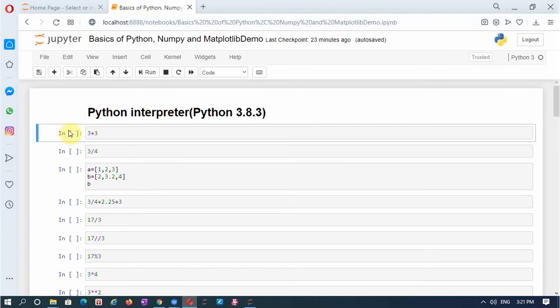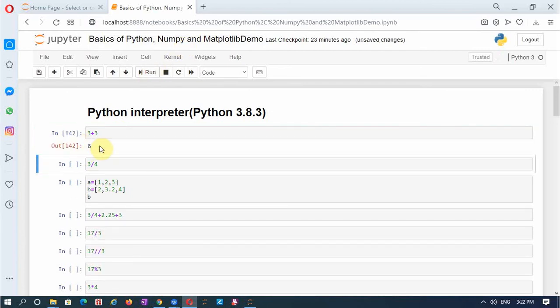So first I'm going to explain Python interpreter. I'm going to use 3.8.3 version of the Python. So as I explained in the previous lecture, these are all cells in which we write the codes, and to run the code we make use of this button or shift and enter pressed together. So now in the first cell I have written 3 plus 3, and if I run this, so now before running this cell, the input line number, it is blank here. If I run this cell, I'll get the answer at the output